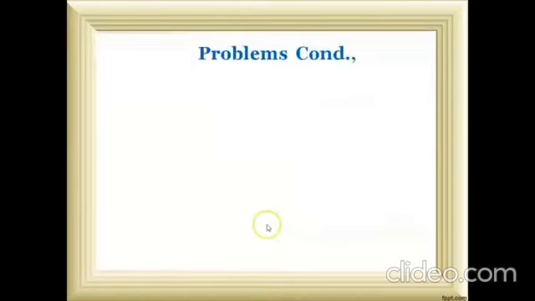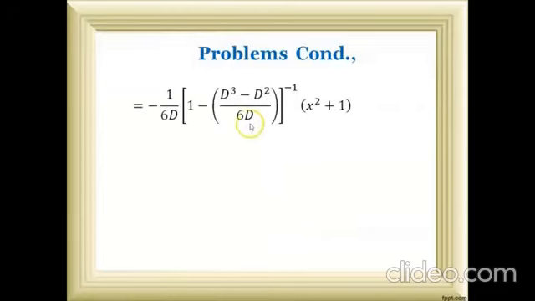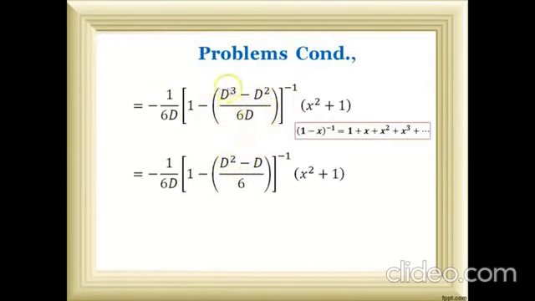Next, I am going to move the denominator term into the numerator, so the whole term becomes power minus 1. I cancel the D in the numerator and denominator once. The remaining term inside is D square minus D by 6. This is in the form of 1 minus x whole power minus 1, where in place of x in the previous expression we have D square minus D by 6. So I am going to develop this 1 minus of D square minus D by 6 whole power minus 1